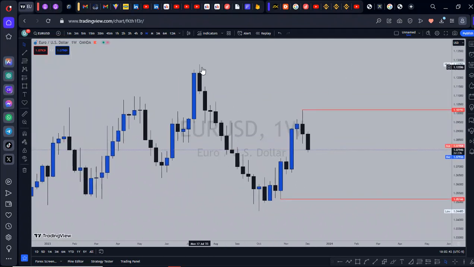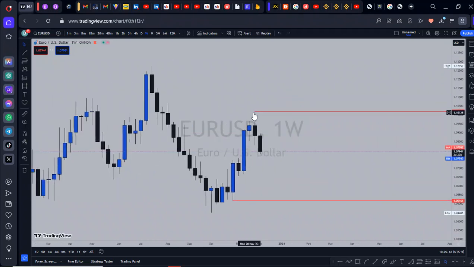Just like we have right here, we have the swing high, we have the swing low, right? So we're having a swing high right here, but I'm not paying attention to this right here, right? I'm paying attention to the current market that we're having right here. Now another thing is that if you look at the previous side right here, you can actually see that when the market was trading lower, it was filling in areas of imbalances, right? You can actually see it filling those areas of sell side imbalance, and then we traded higher.